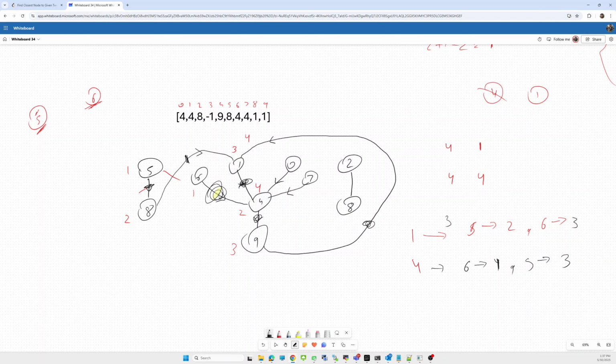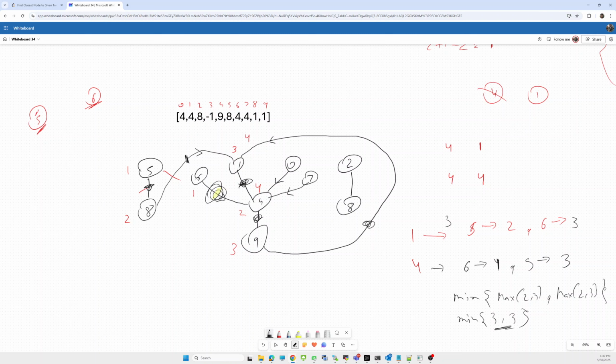The minimum distance from both will be the minimum of max of 2 comma 3 and max of 3 comma 1, so the minimum of 3 and 3.